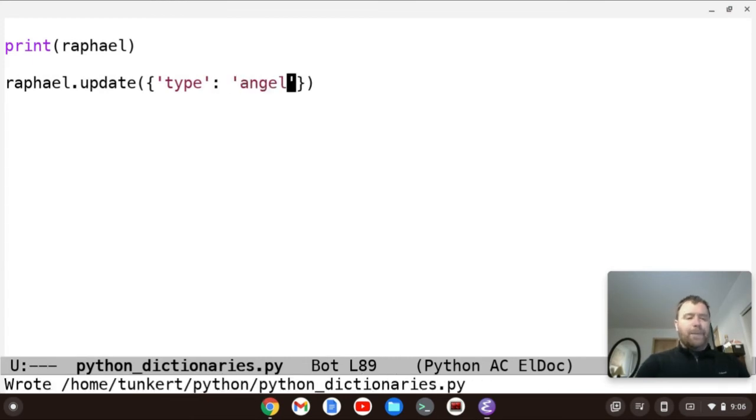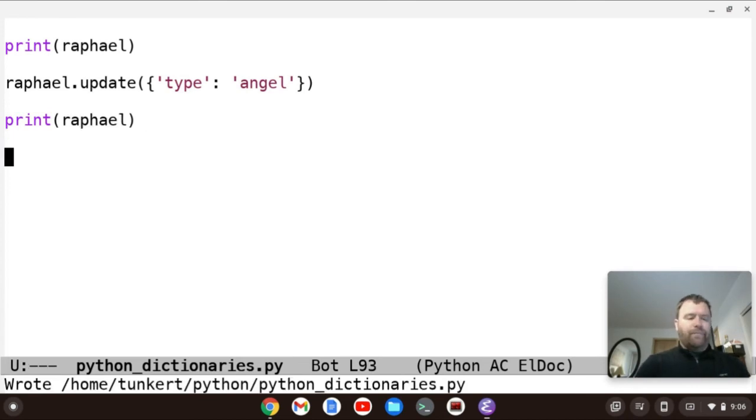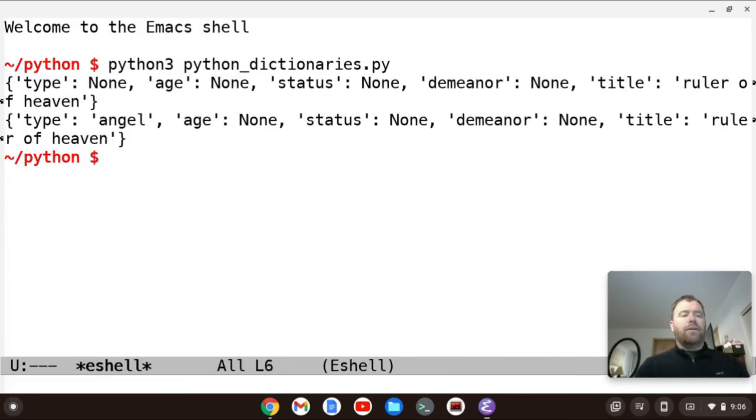Let's print Raphael again, and you'll see that changes. So now we have type is angel. So we have to use update. Even if we set the default, if we've already taken it from the fromkeys method, we're only going to change what we add or update.